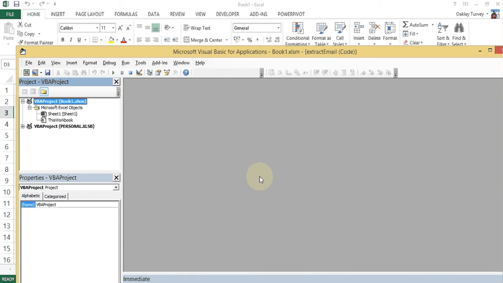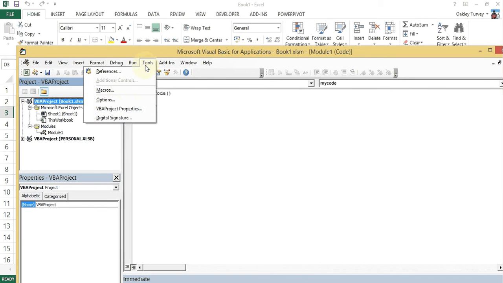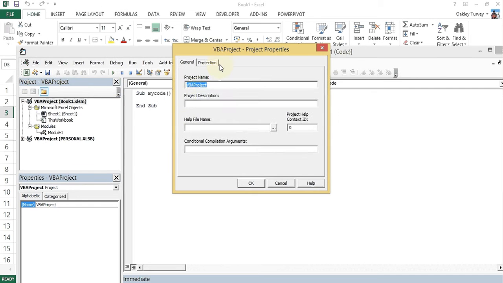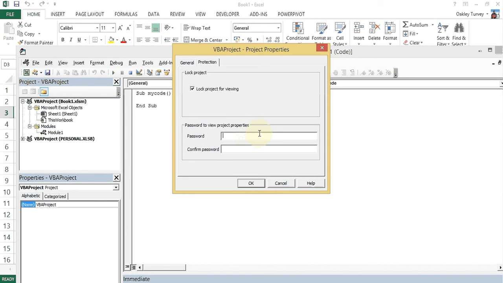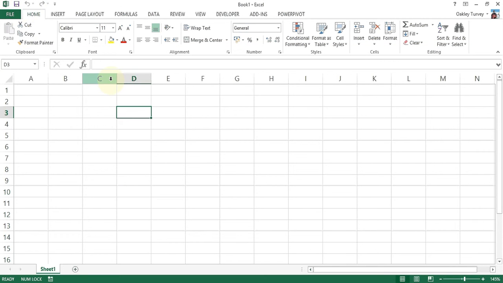Now the simple answer to this is that you can't lock the code unless you've actually got some code in there. So if I simply add in a module, and in that module I say sub my code, and now if I save that, if I now go back in and say Tools, Project Properties, Protection, Lock, and OK. Now if I save that all again, and now this time if I save and close,